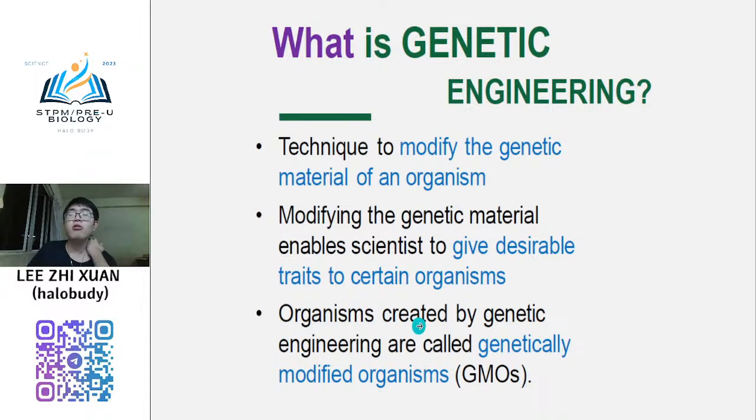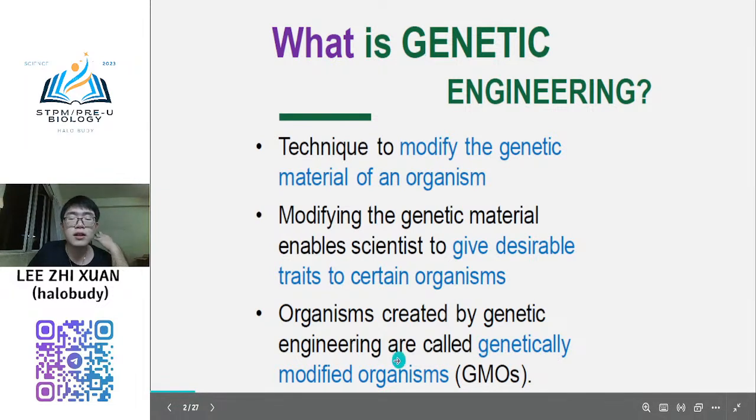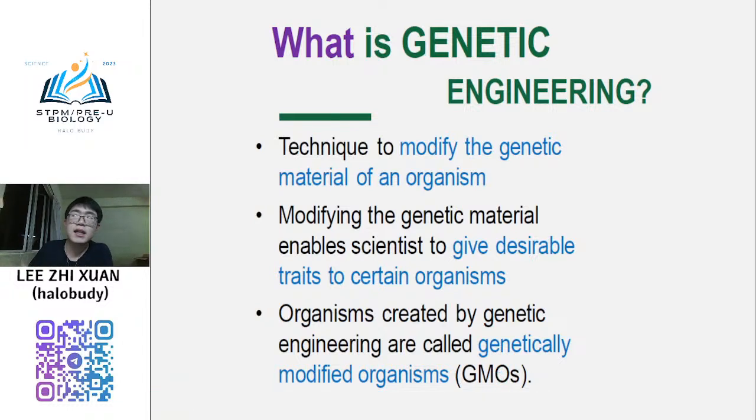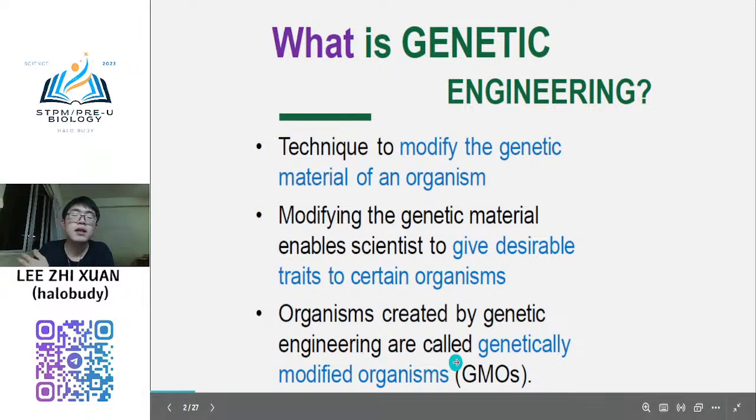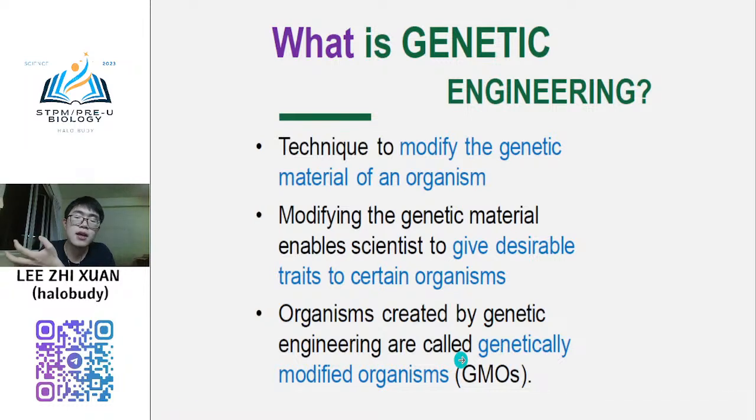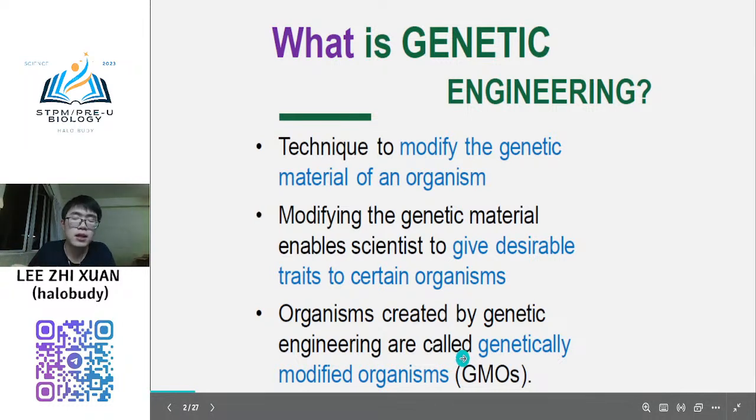Normally the organism created by using genetic engineering is called a genetically modified organism, GMO. So the short form is GMO. If you see the news say GMO, it means that the organism, that plant, animal, or microbe, has had its gene modified. The gene it contains is not the original gene anymore. Certain genes have been changed to the ones we want.